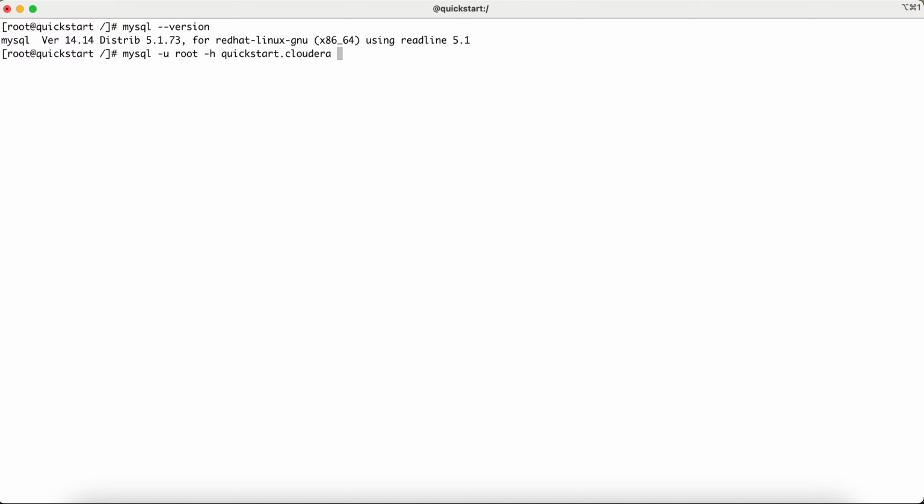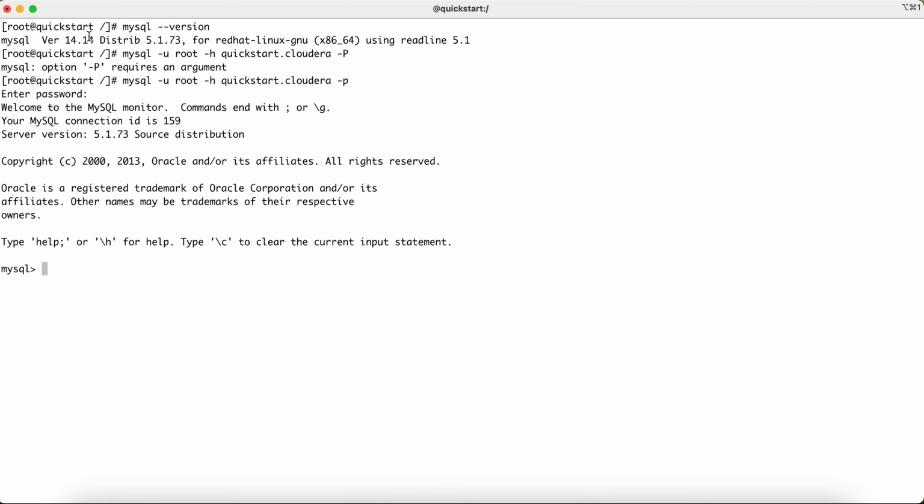Then you have to give the password here, right? For the password, there are two options. One is either you give the -p parameter and then start typing the password, which is cloudera in my case. Else you do -P and it will ask you to enter the password, and then you can enter the password whichever you have given at the time of installation. So this is how we log into MySQL. You make sure you give the correct password, press enter, and then you should be able to log into the MySQL